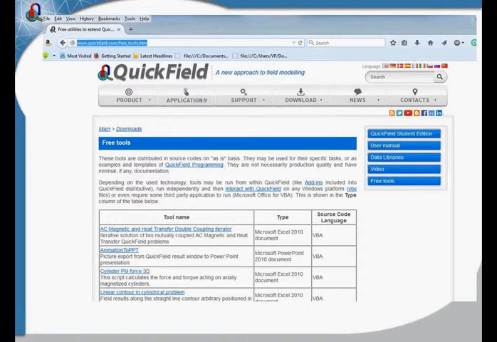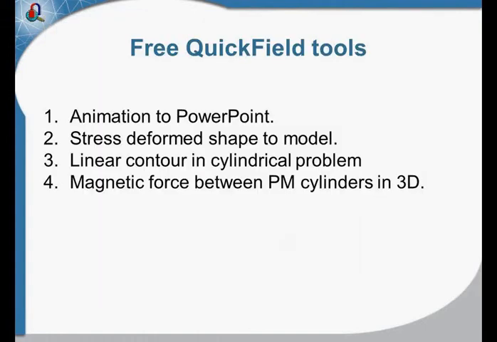These tools may be considered as templates, as examples of using our application programming interface, but at the same time they are ready-to-use tools, and they are quite straightforward. My colleague Alex will show you today how to bring pictures from QuickField to make animation in PowerPoint,